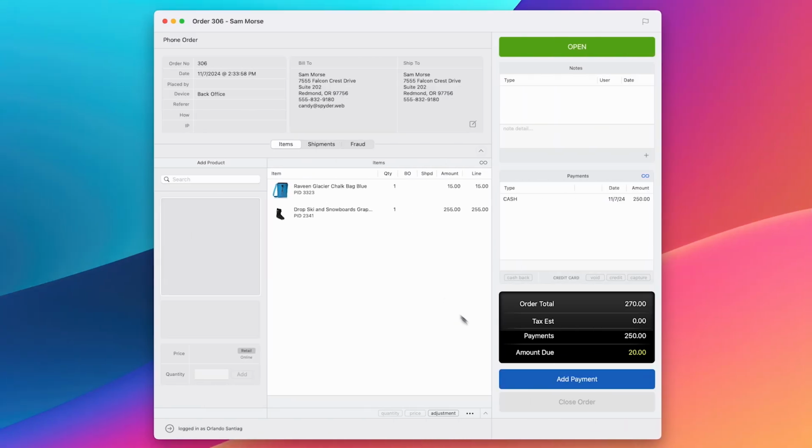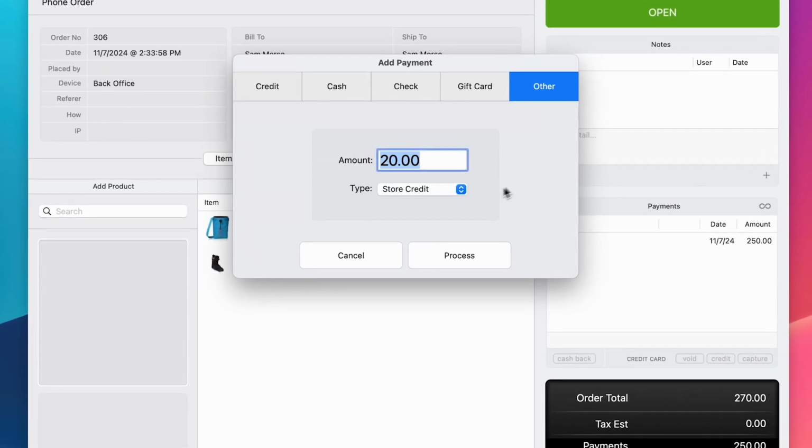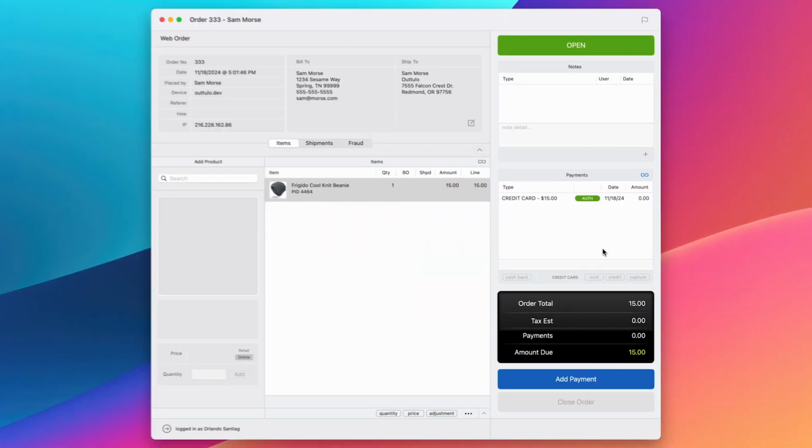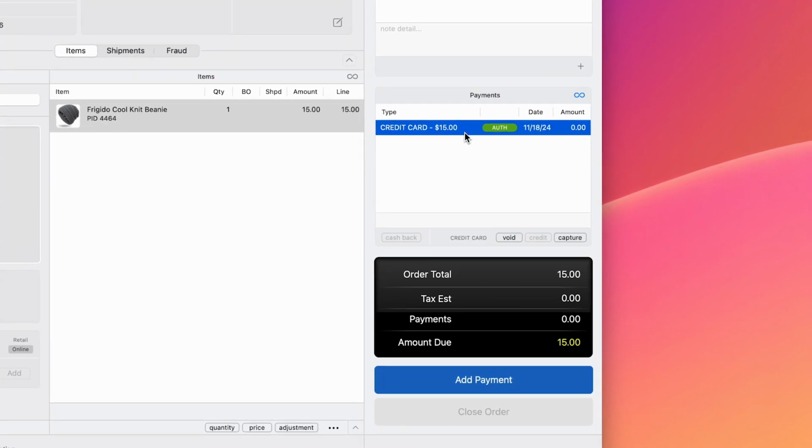Process. The Other payment option allows you to receive custom payments through external systems and can be configured in your Tuplo dashboard. Orders placed through your web store will contain pre-authorized credit card and PayPal payments, denoted by a green